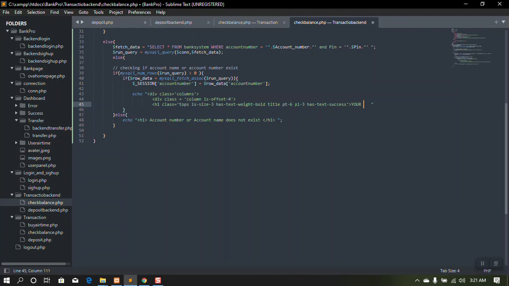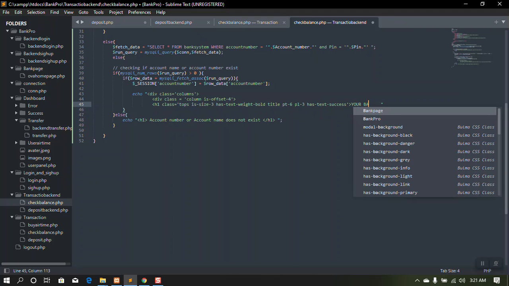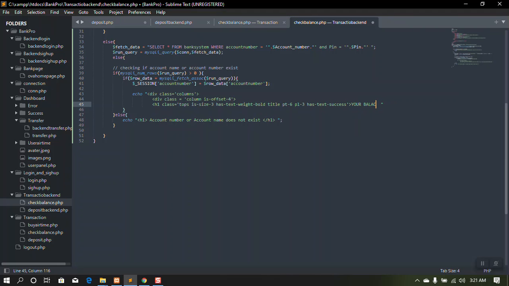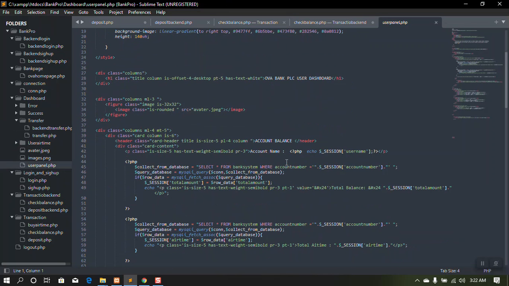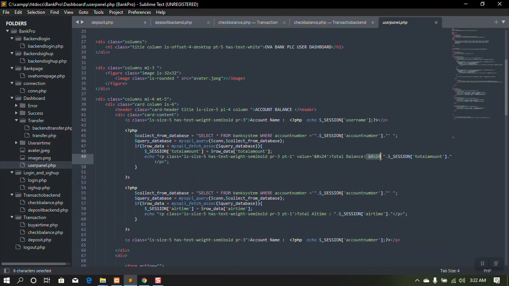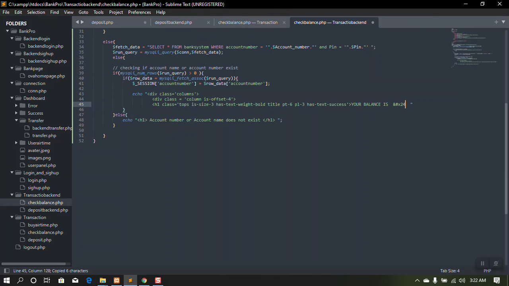So your balance is, let's go back to this dashboard here, user panel. I'm coming, guys. I want to copy this $ sign. Okay, copy that there. The balance is this,